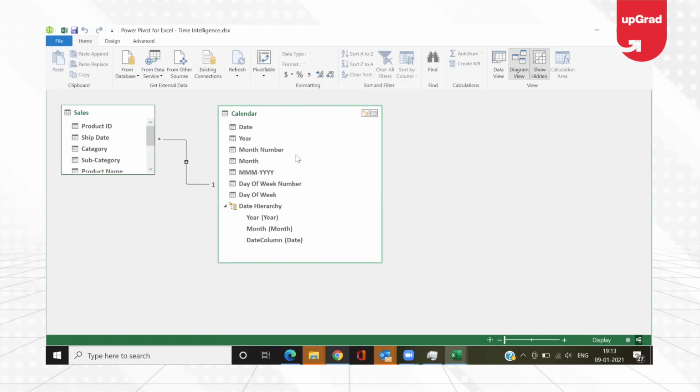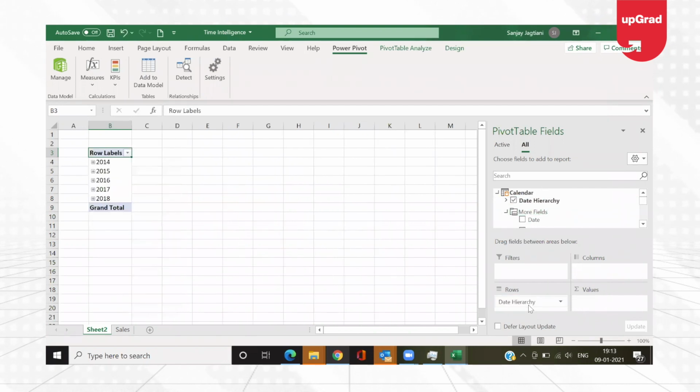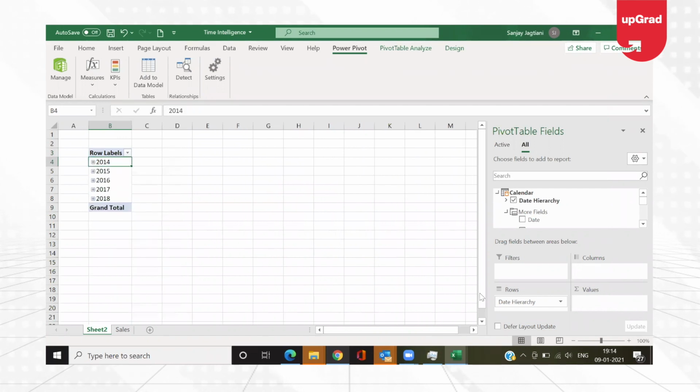So, what is this going to give you? Let's go back and see the pivot table. When I go on to the pivot table, I go to the calendar. Of course, I can now pick up any information that I need from this list. I have the date hierarchy. If I pick up the date hierarchy, it is simply going to give me the grouped data, just like we have in Excel. When you want to group it, we simply right click and group it, where you get the year, month, and the date. Same thing you're going to get here, which is the hierarchy that it has automatically created.